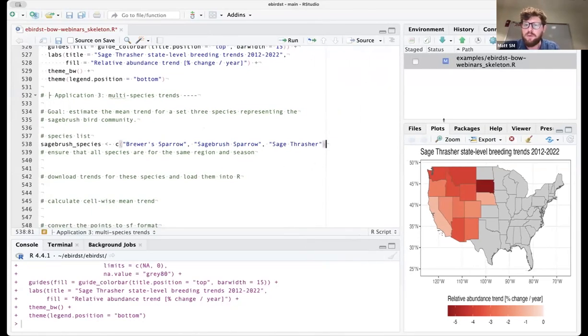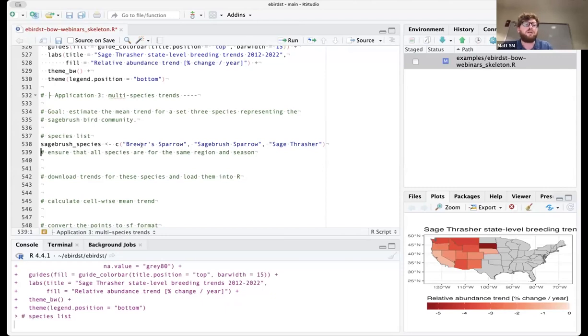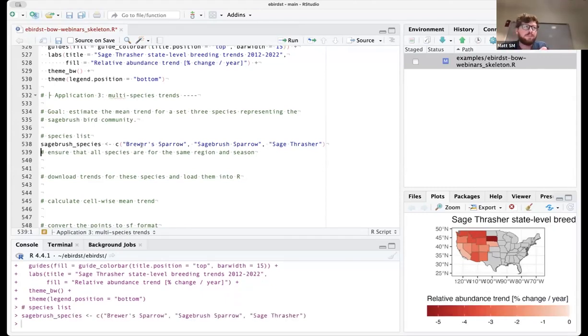So I have, oops, 3 species here. Our friend, the sage thrasher, and then sagebrush sparrow and Brewer's sparrow. So we're interested in the community level trend for that group of species. We can start by just looking at the trends runs data frame for this set of species.